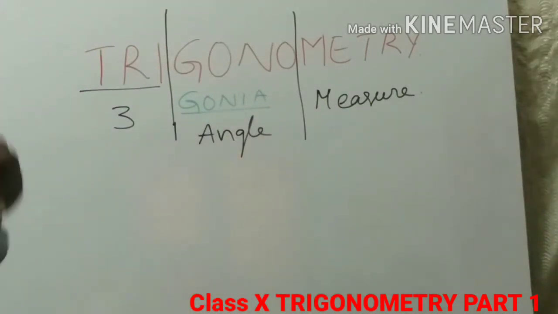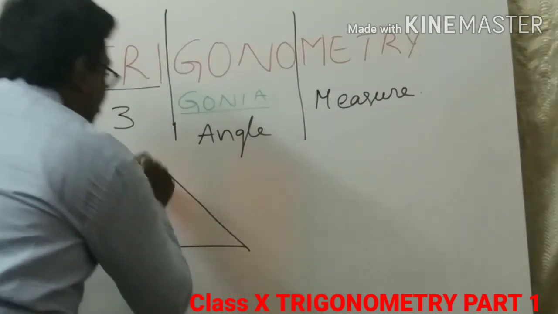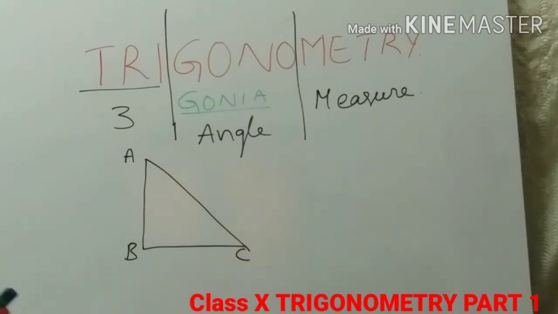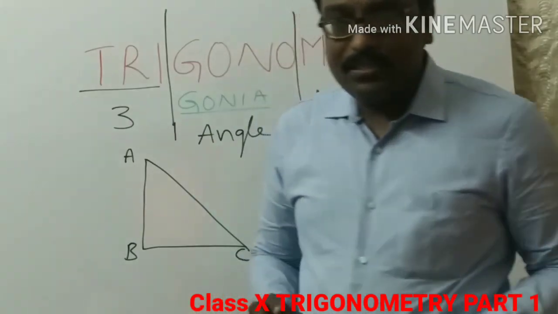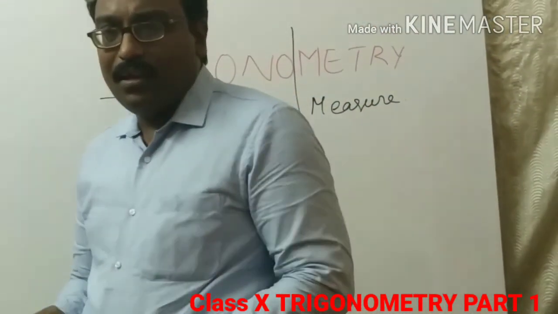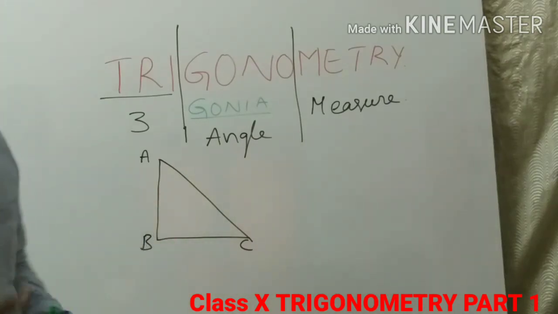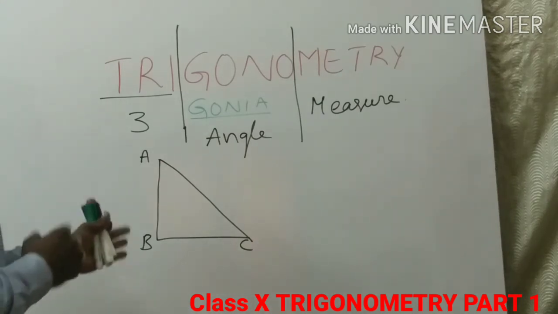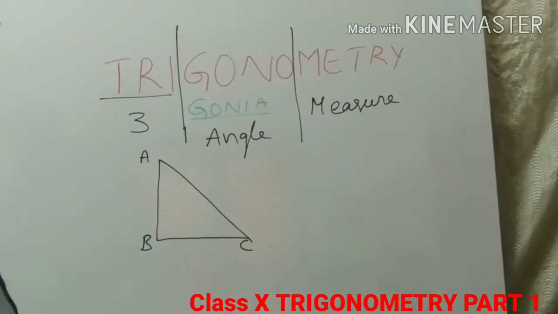So, three angles where you will measure. That is nothing but a triangle. In our class 6th or 5th, you know about the triangles. What are the parts of a triangle? A triangle consists of three sides, a closed three-sided figure. It has 3 sides and 3 vertices. And to some extent you know that the sum of 3 angles of a triangle is 180 degrees.